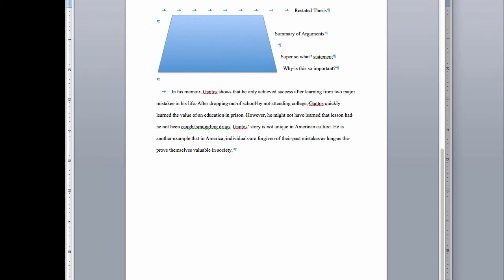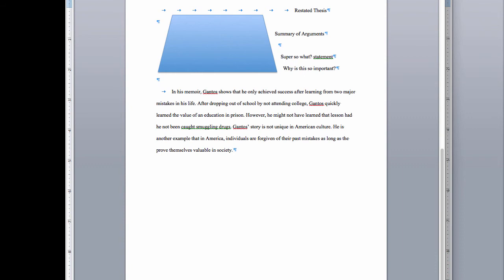I could say a little bit more, but you don't want to weaken your so what statement by closing it in, by having it hidden somewhere in your conclusion. You want that to be the last thing that your reader will think about. And I think that's a pretty powerful statement.